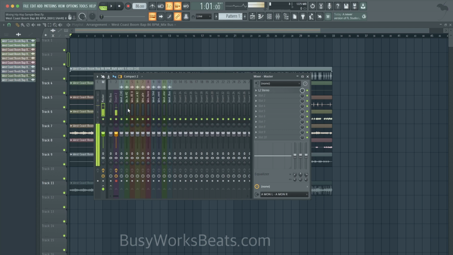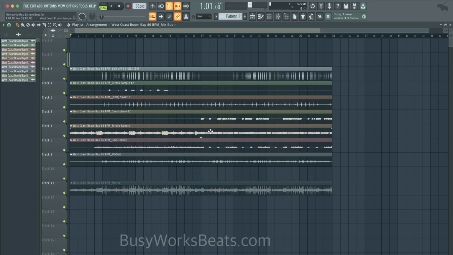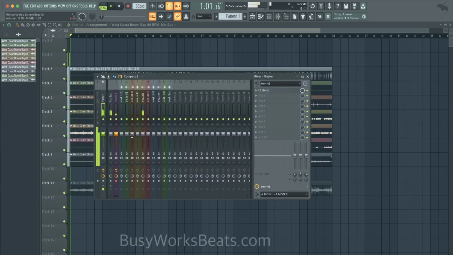This is post effects. What we want to actually do is go to the channel rack, or use the clip gain in the new FL Studios here. This clip gain icon in the middle. Okay, you can go into your settings to turn that on. It's in the newer versions of FL. So I'm going to quickly gain stage using these clipping tools here. If you do it in the mixer, it's post everything, so it's not really doing much.